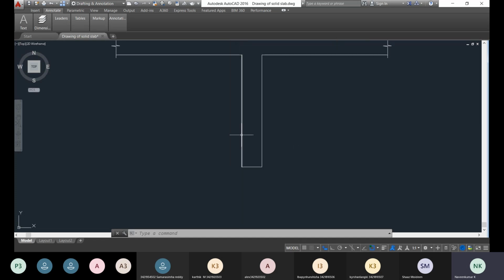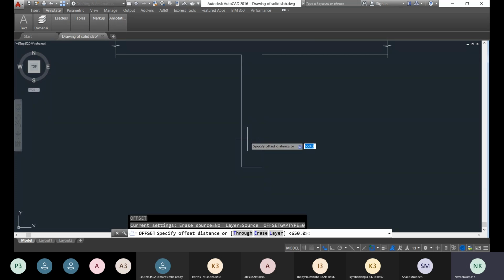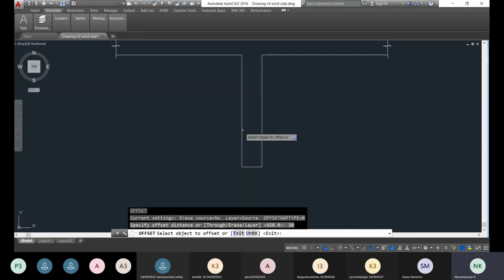This is the outer surface of the structural member, and the reinforcement will be provided inside. So the 30 is the clear cover distance. For that you have to offset the object: O, enter, the offset distance is 30, enter, and click on the source object and click inside.